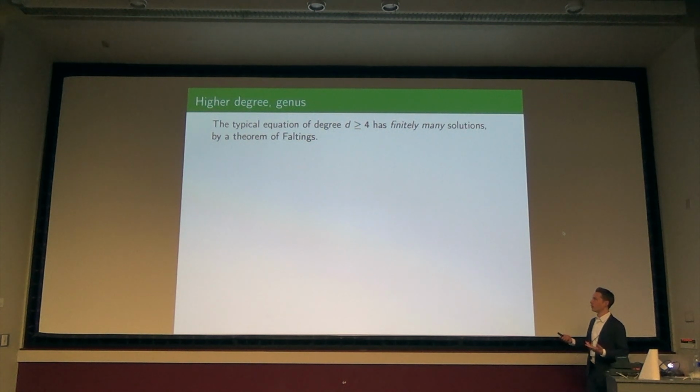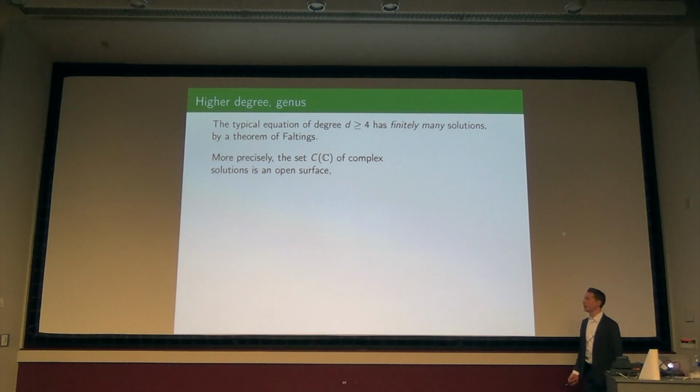And it's a theorem of Faltings. I'll be more precise, but now I don't have to worry about parameterizing solutions. I just have an equation, and I know that there are finitely many solutions, and the question is, how do I find them? Make the list of all of the points. Okay? So I'll try to be a little bit more precise right now.